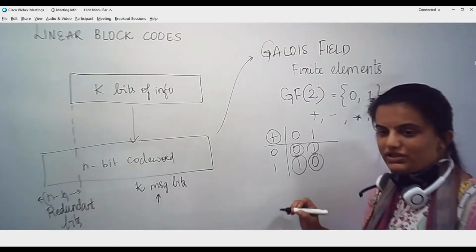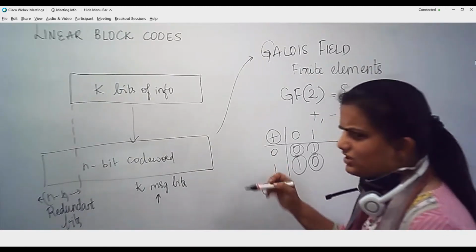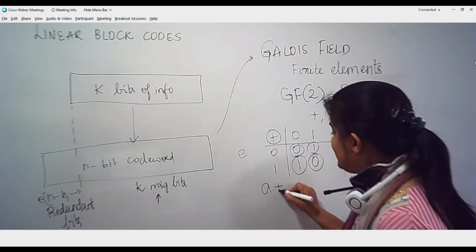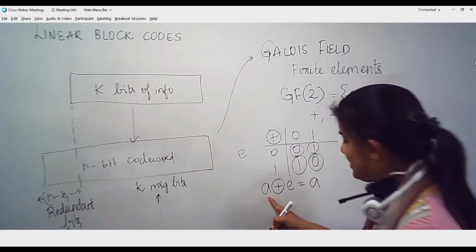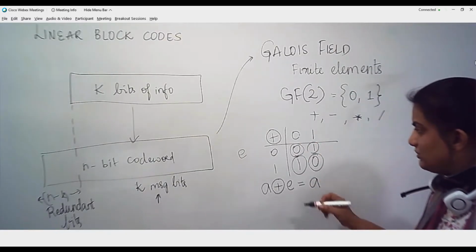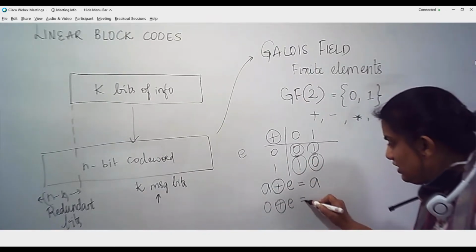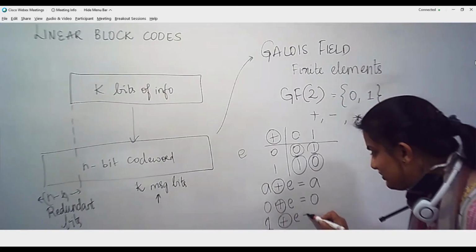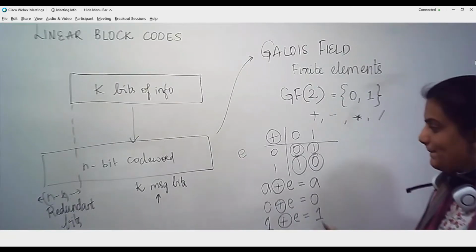What do you mean by a unit element? Assume that I consider the unit element as E. If I do the same operation on an element with E, I should end up with the element that I am adding to that. So in addition, which is the unit element, can you tell me? When I add 0 plus some element, I should end up with that 0. If I have a 1, and I add that particular unit element, I should end up with a 1. Which is such an element in this particular field? Look at this and then tell me.